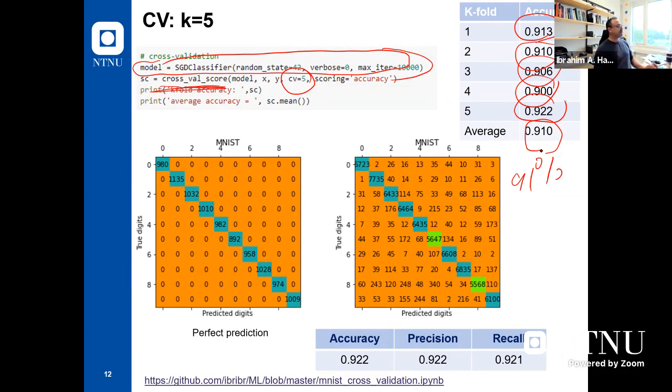So in fact, we use cross validation to check the performance of the model. We didn't train the model. I mean, for each k-fold, in fact, for each k, we start with a brand new model. We initialize it by random values, and we train the model, we check the accuracy. And we will go to the next k-fold, train it for k-1, and test for k equal 2, right? We will repeat this process 5 times. So for each model, we will get some accuracy, and at the end, the average accuracy will be the average of those 5 values. And after that, you can train the model using the whole data set,